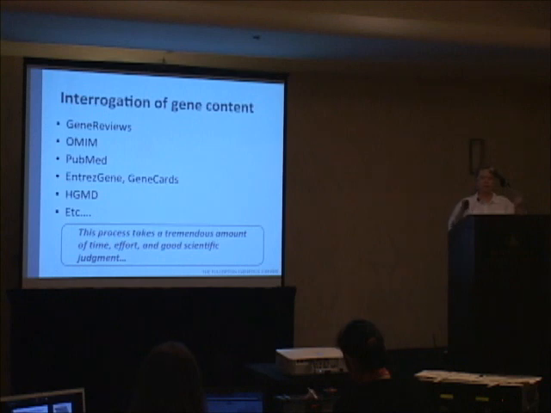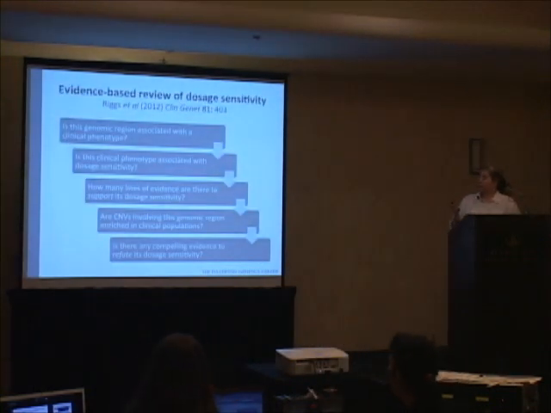Despite everyone's best effort to put together these clinical grade databases, none of them are without error. And I think there was a talk yesterday, I think Bruce was mentioning, how many miscitations there are in the literature, and you just have to dodge minefields. A really nice paper that a group of us worked on, I shouldn't say it's nice if I've worked on it, but Erin Riggs was the primary author. We went through and outlined a systematic evidence-based review of copy number variation, or genes for haploinsufficiency and triplosensitivity. And we used this as a framework to start a database. It's a nice clinical grade database, but it also has its limitations, which I'll discuss.